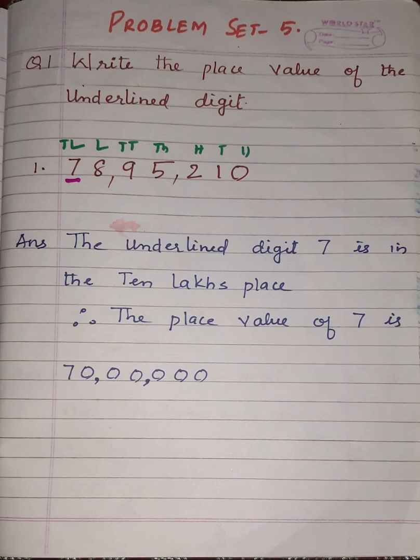Today in Maths we are continuing with lesson number 2, number work, with problem set 5. The first question is, children, write the place value of the underlined digit. Now the first sub question, 1, is 78 lakhs 95,210. Now children, here on the screen you can see that on the top of each digit I have written